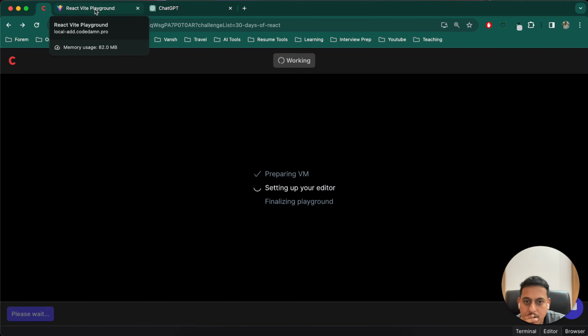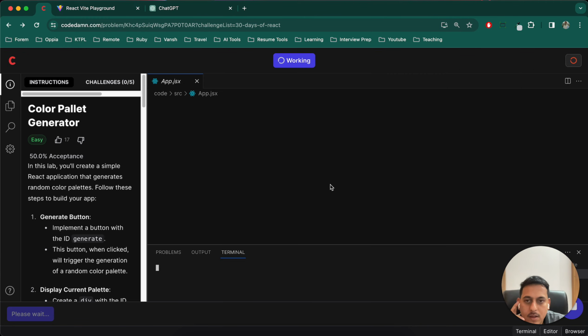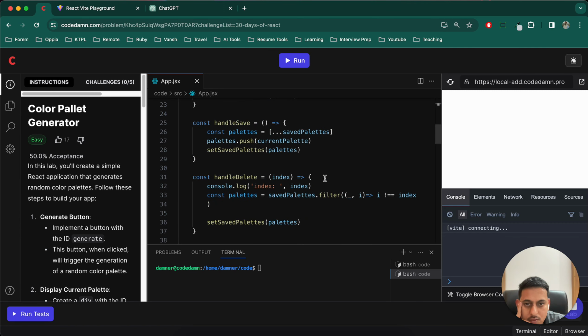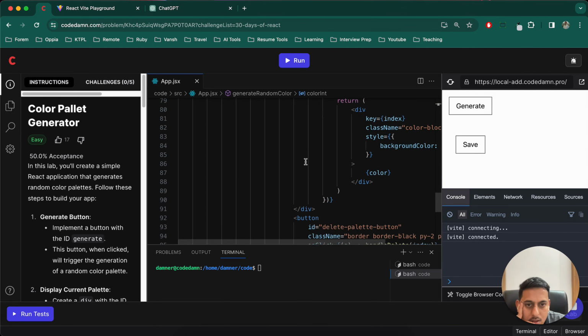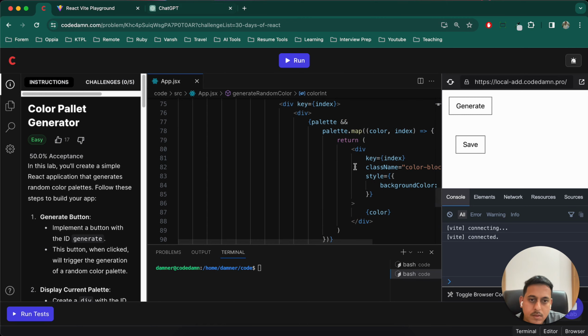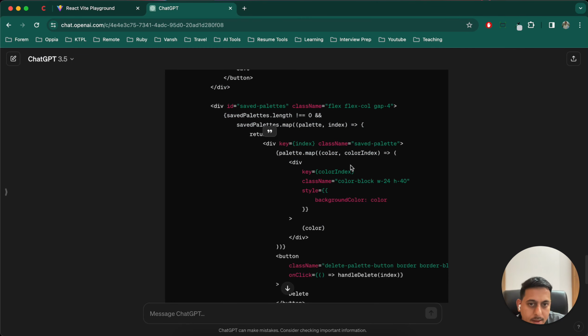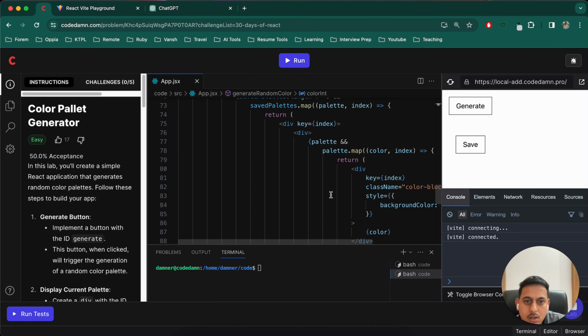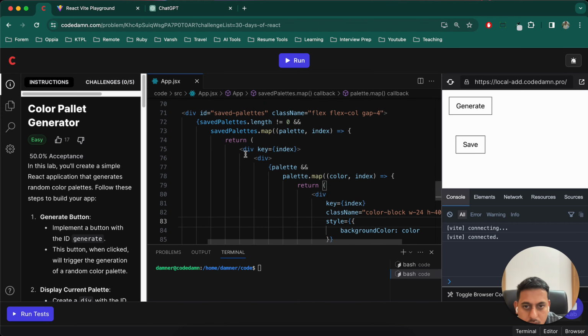I hope it is not getting reset. Apologies for that. This single div basically, and inside that they have used this button and all. So let's use this single div,